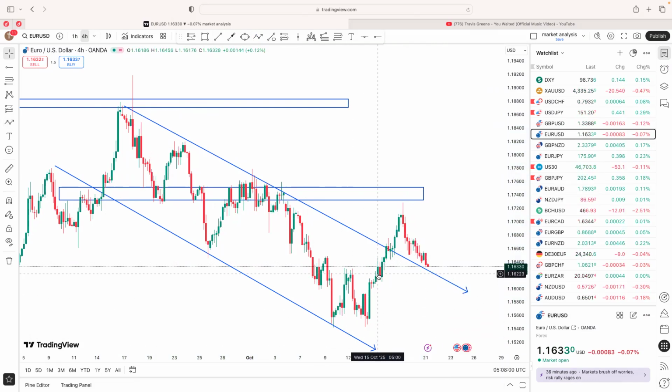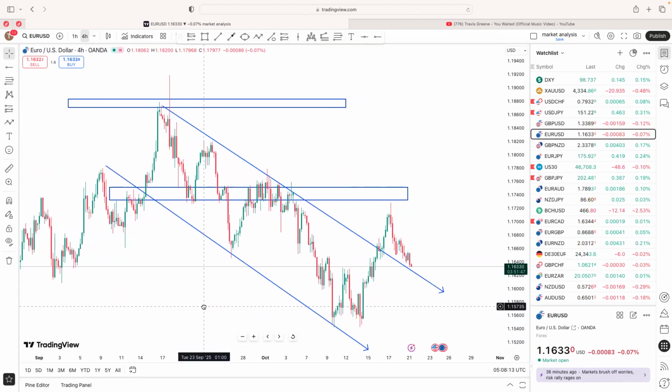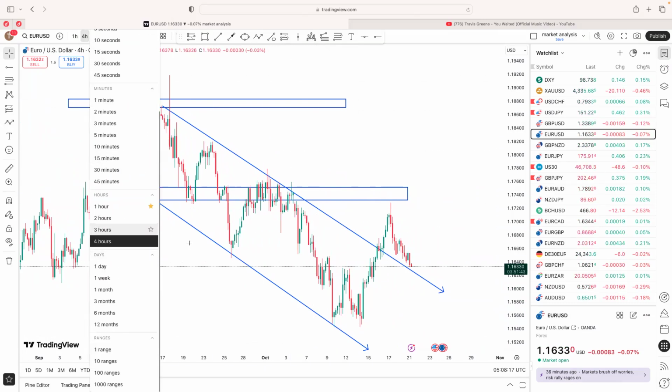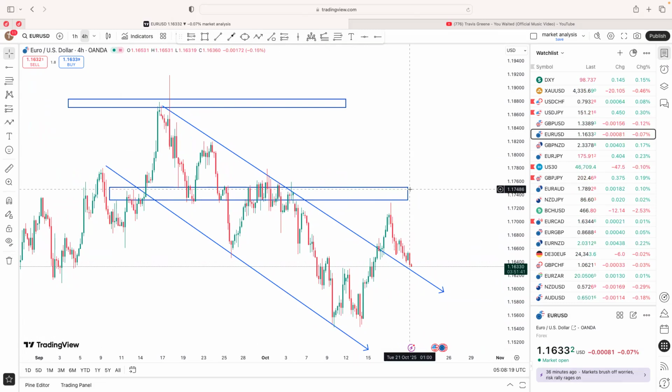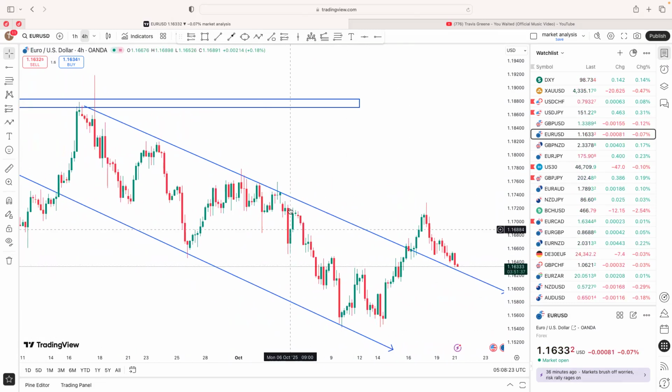We cannot base our bullish movement on one time frame, because the majority of the time frames say we are still bearish. It's only this time frame that says we have broken out from this trend line, so I will not take my trade based on only one time frame that I am looking at, right? And if you look at here previously, you will understand that we've had an accumulation phase at this particular